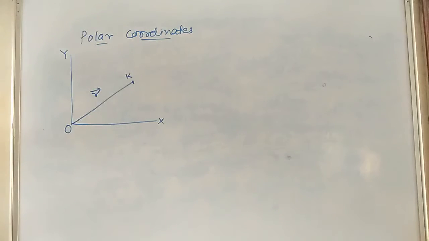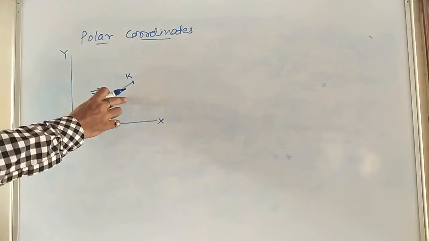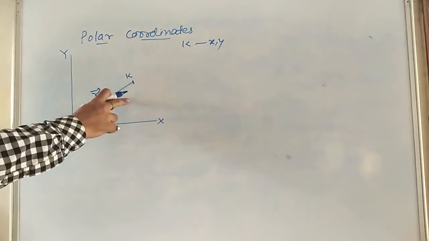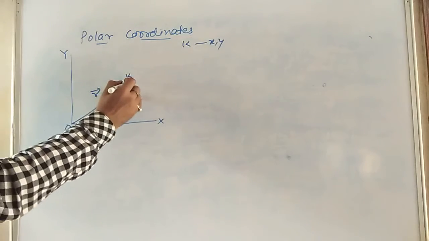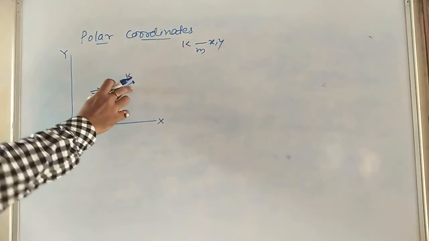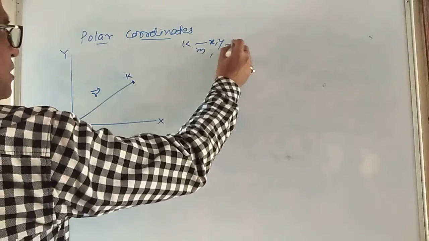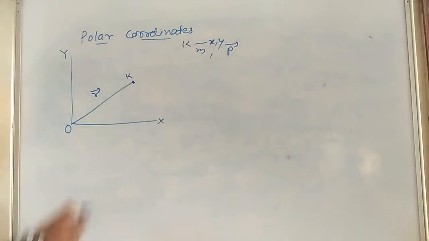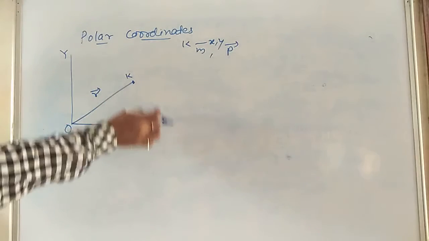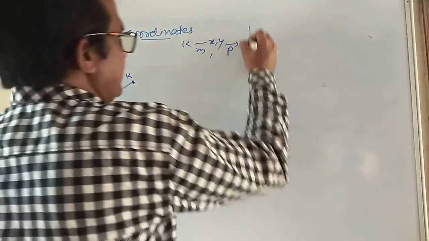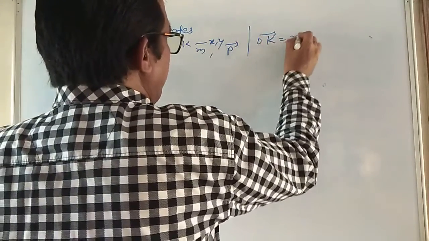Draw this. Suppose the point K, the coordinates at the point are x, y. It is the position of the particle, say of mass m. The particle lying here has mass m. And the linear momentum P here, rotating in the xy plane about the z axis. It is rotating in the xy plane about the z axis. Let OK, you can see here, OK is equal to R.